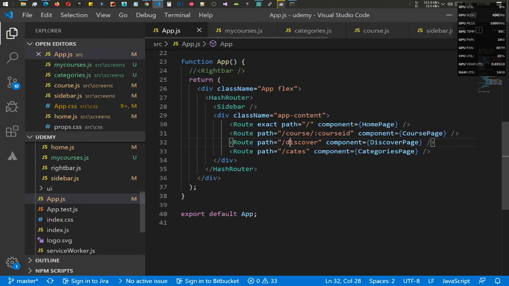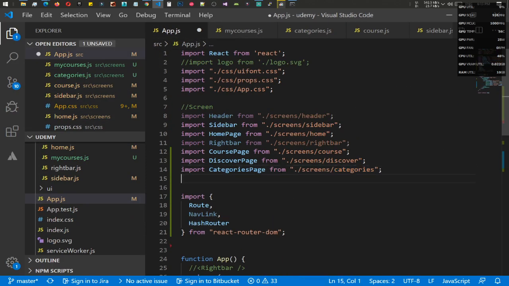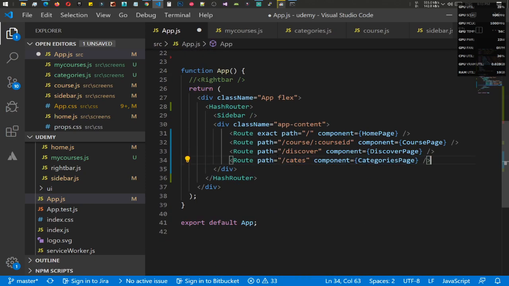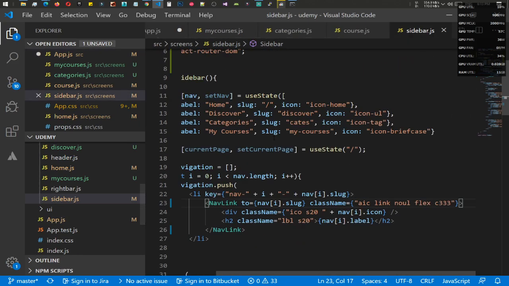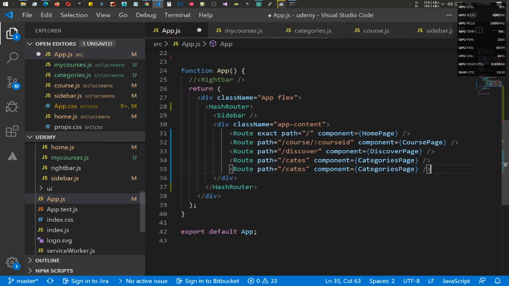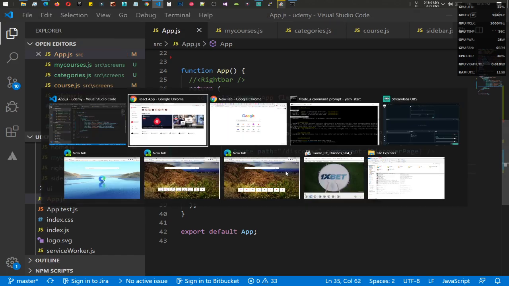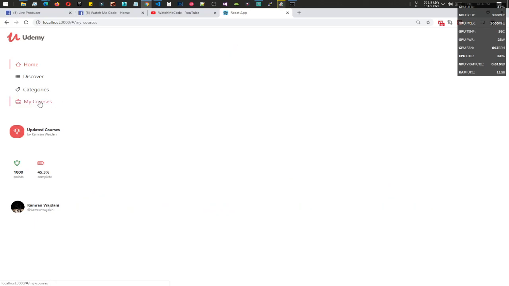Let's save it, go to app and import and change to my courses page, and import from my courses. Need one more router, and it is, as we have my dash courses, so we need to add my courses page. Perfect. Let's save it, and if we can click my courses,